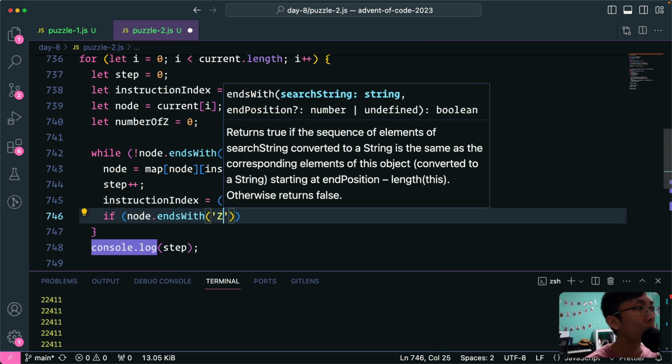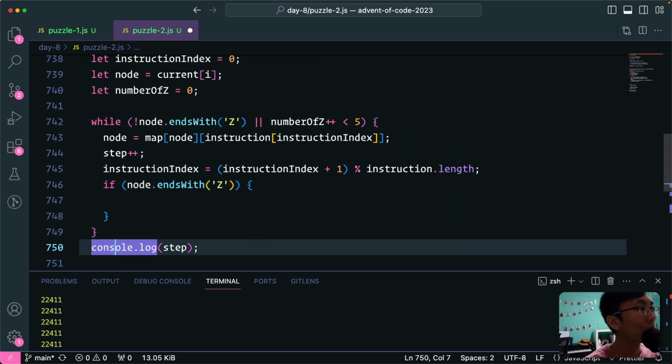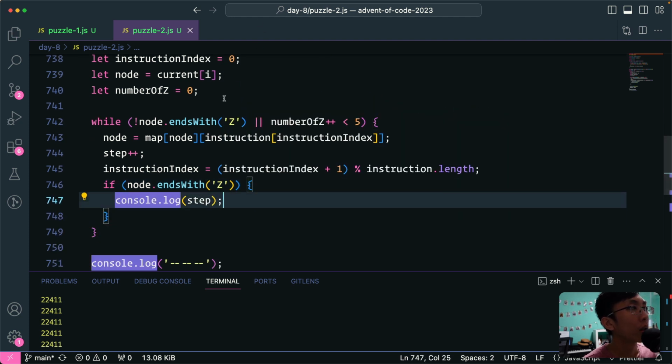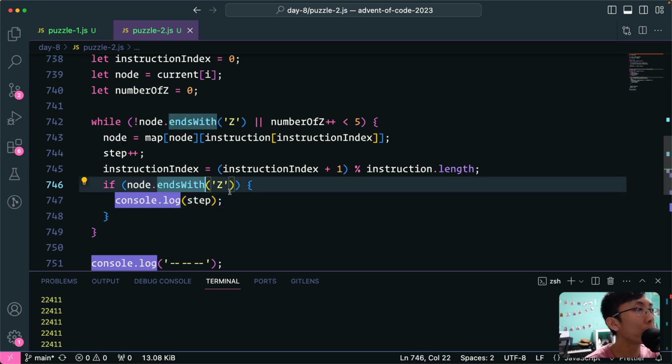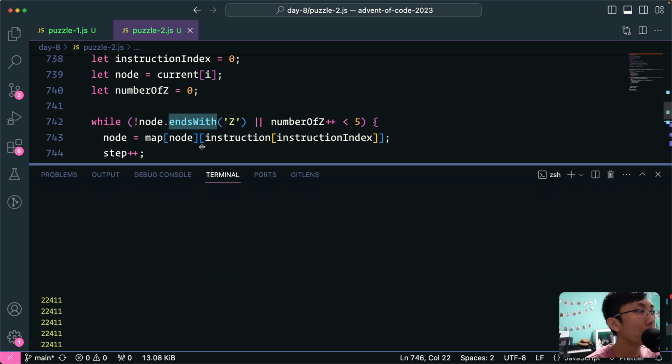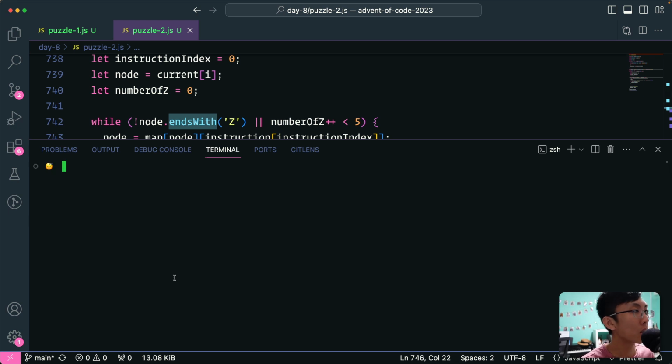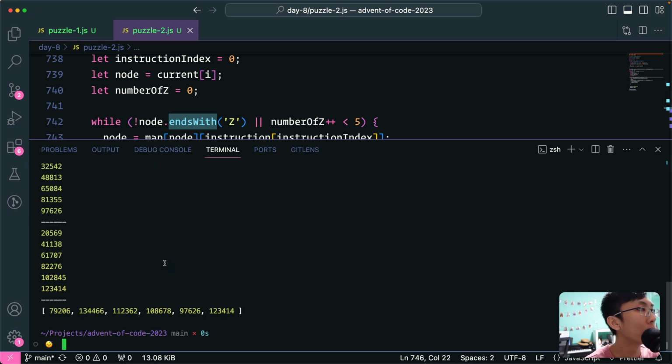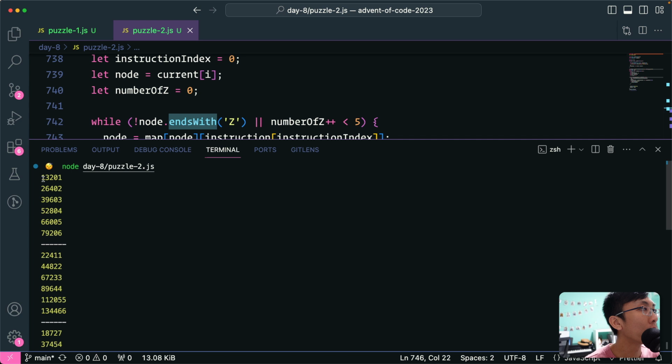Okay, so here I'm gonna modify the loop a bit, and then we're gonna print out every time when it hits the end as z. But then we're gonna do it for 5 times before we go to the next number. So then we're gonna see if there are any patterns on reaching the next z. So it seems like we are stuck in a loop over here every time once we hit a z,